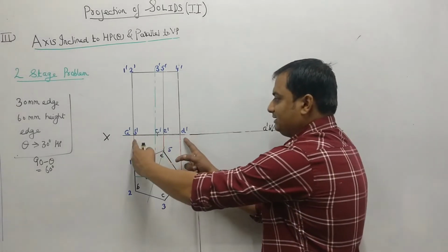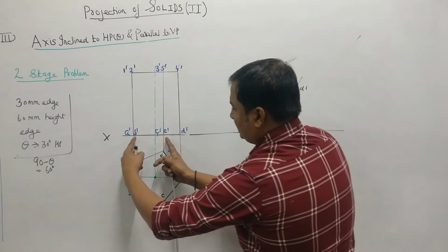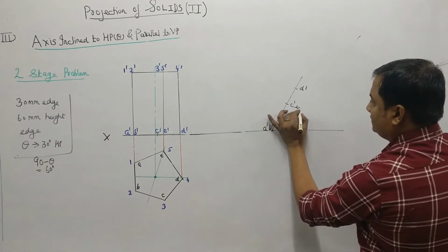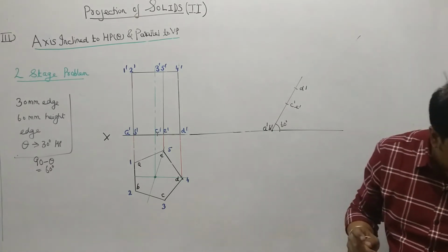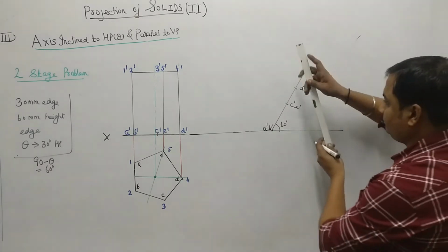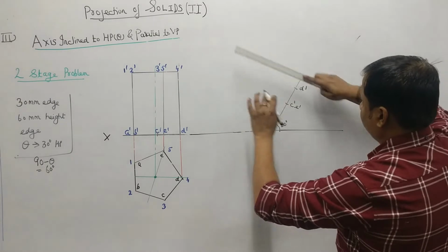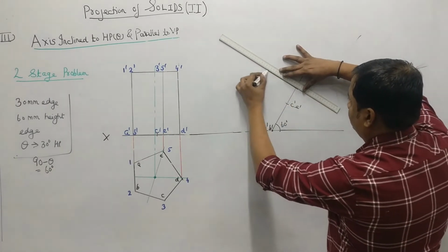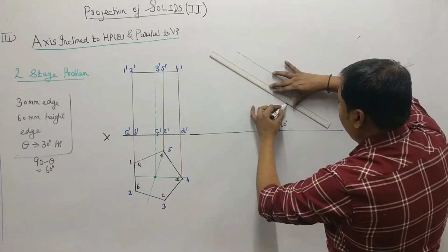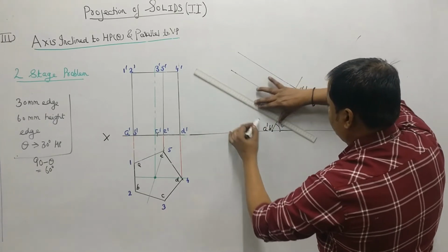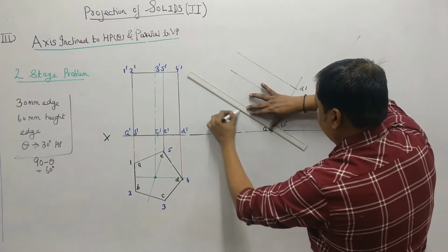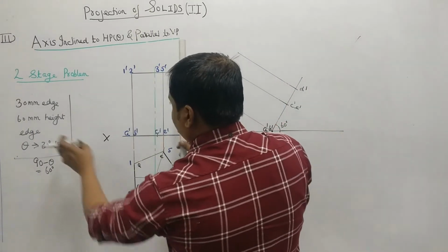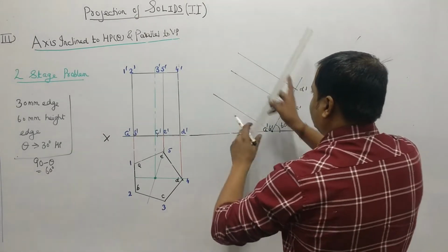So measure this, cut this. Now measure this part, C dash, E dash, cut this. This is C dash, this is E dash. Now draw perpendicular. Because this is a rectangle, so you have to draw perpendicular. Right? So height, you can measure the height that is given as 60 mm and just you have to cut it.